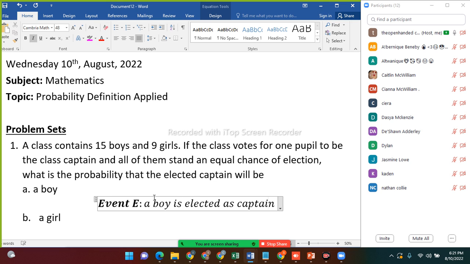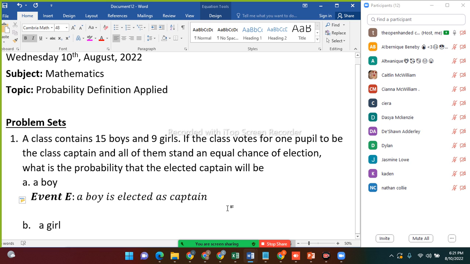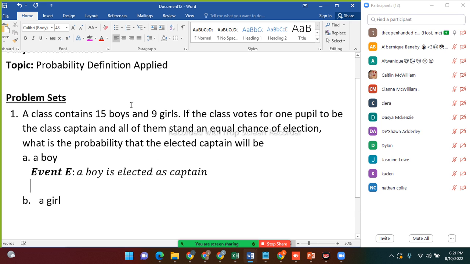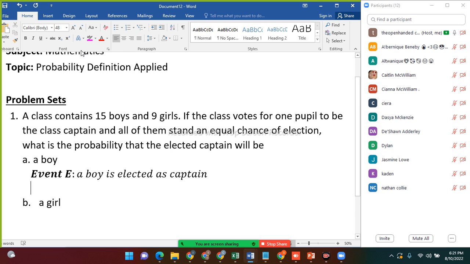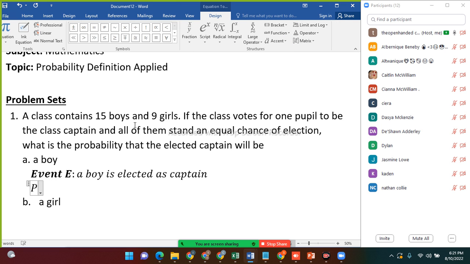All right. Now we know that the definition of probability, or the formula for probability, is that we're going to have the probability of an event E is going to be equal to